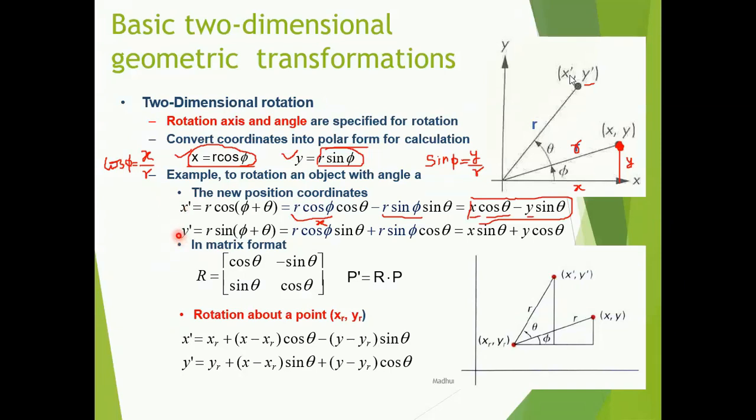Now again, suppose you want to represent all these values in a matrix format, then you can write it as the rotation matrix R is equal to cos theta. So here again, you can easily write it. Consider the previous two equations, whatever new values you got. First equation, if you see here, let us see how to write that.